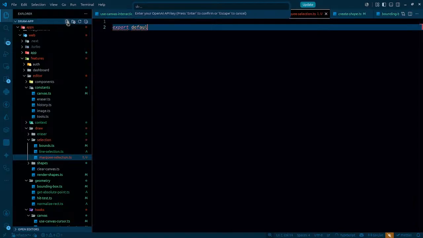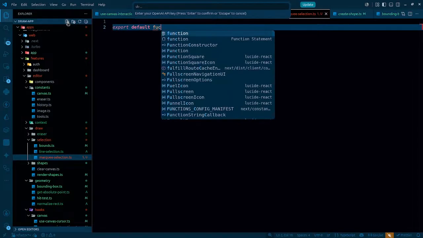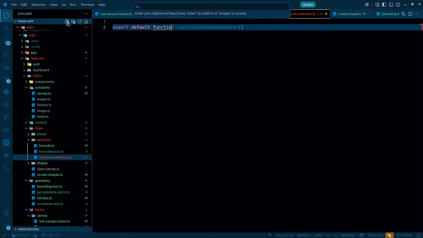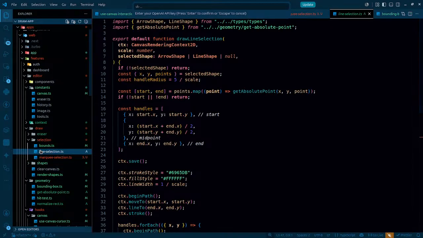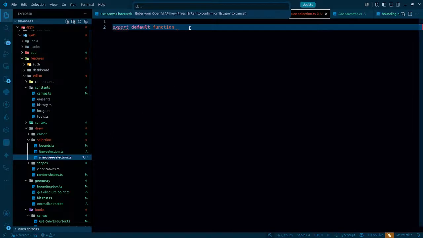Export default function draw marquee selection. It's gonna just simply get some values, and those values are gonna be what